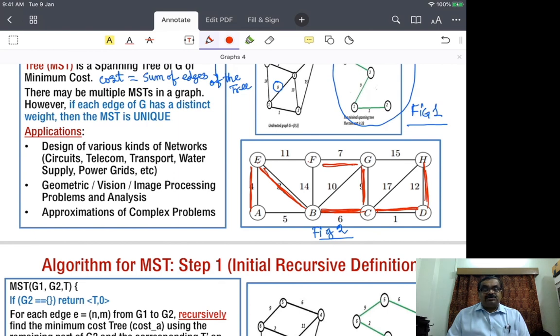The spanning tree is also used in various physics problems. Spanning tree is also used in various cosmology problems. A spanning tree is used in various chemical binding problems, and so on and so forth. It is a very popular problem and has got widespread applications, and as we shall see later on, has got some very wonderful